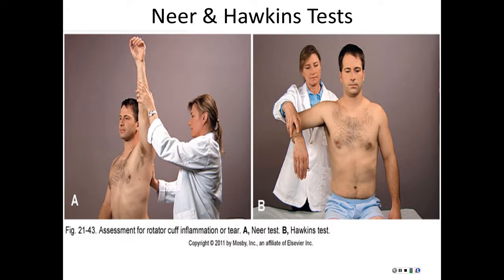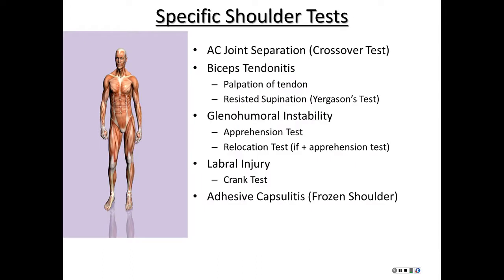On this one, this patient is pushing against the preceptor or the APN, and he's going up against her to see what kind of resistance he's able to tolerate on the picture on the right. Specific shoulder test, separation is if you do a crossover test and you're going to cross over. You've got pictures of this in the book. And this gets really detailed, so you don't have to remember all these tests, but you do have to remember the Hawkins, you do have to remember